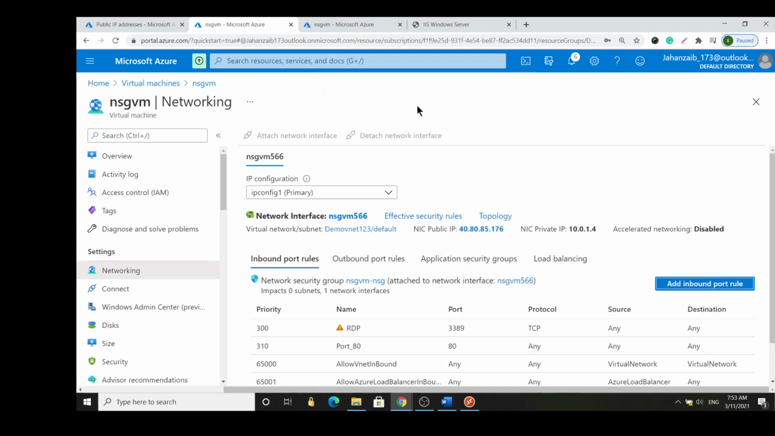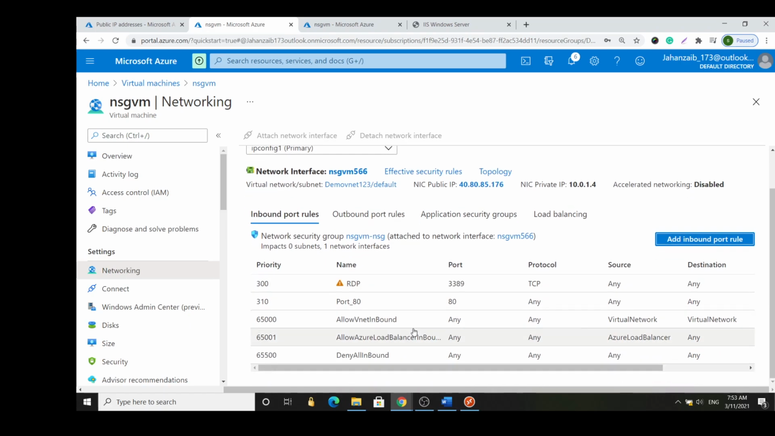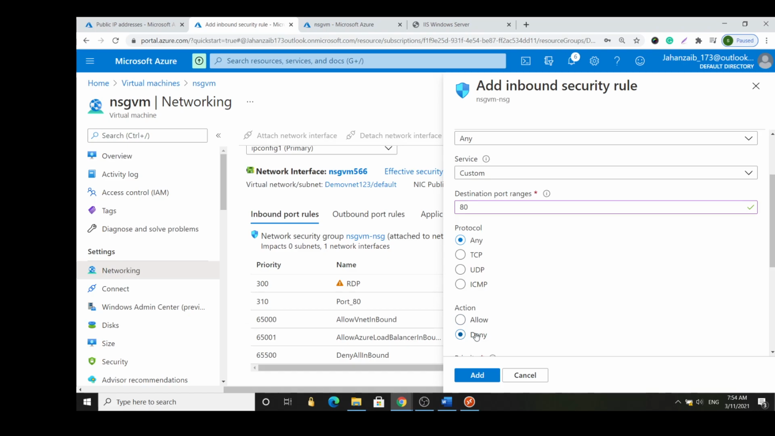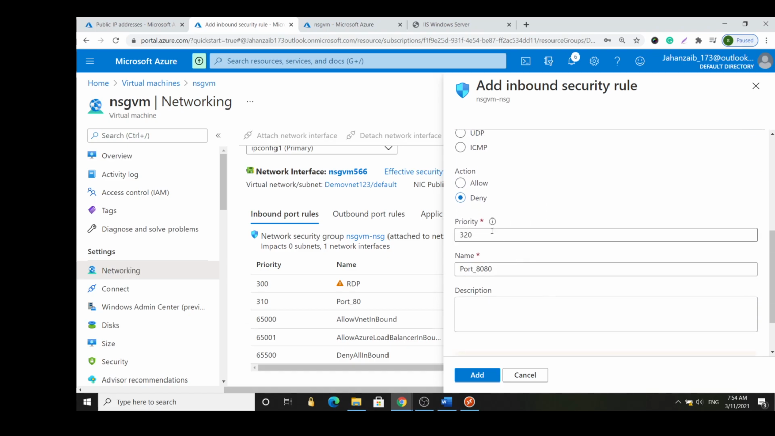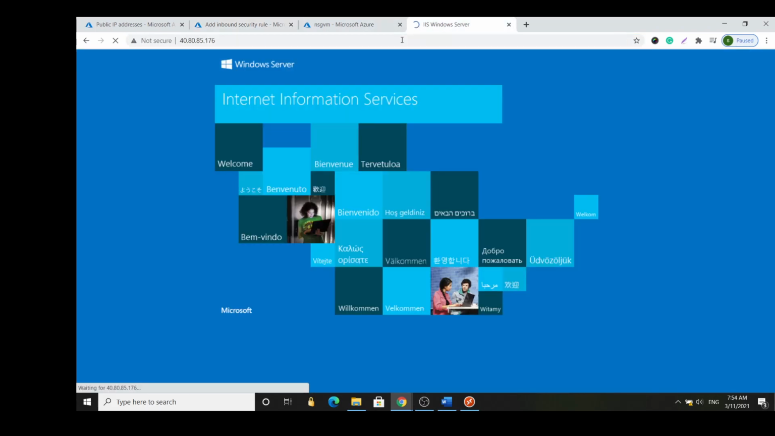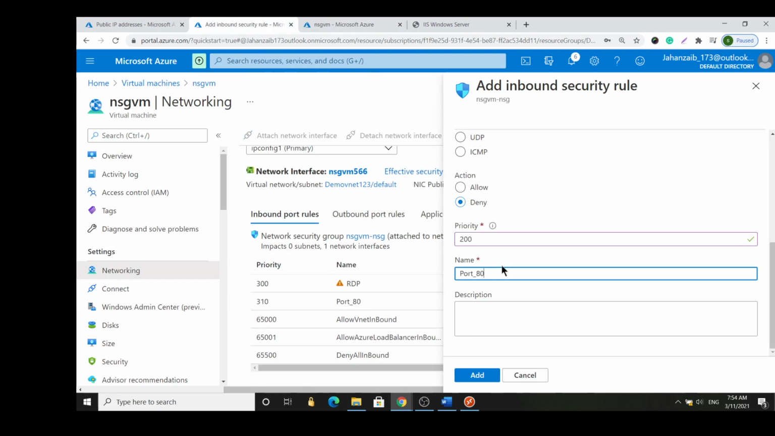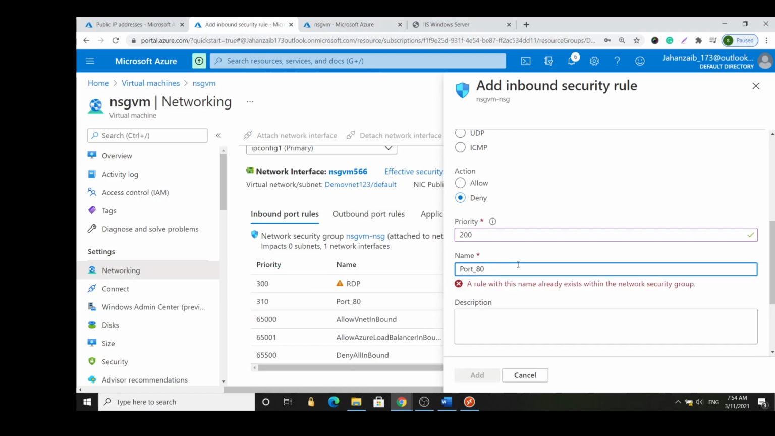Another thing I want to talk about is the priority here. What if I go to add inbound port rule and I say source any, port any, destination any, destination port 80. But this time I want to deny that, and I want to set the priority to 200. The lower the priority number, the sooner the machine will consider it. Before that, we can still get the access, there is no problem. But what if I set it to 200 and port 80? So anything coming to port 80,